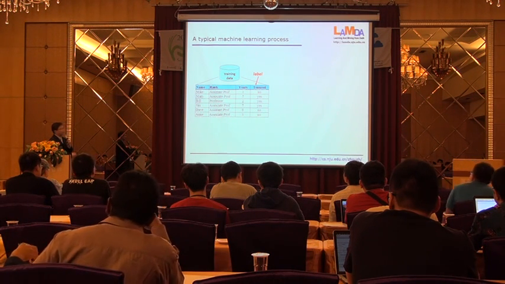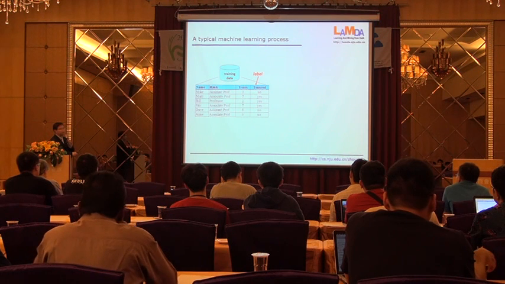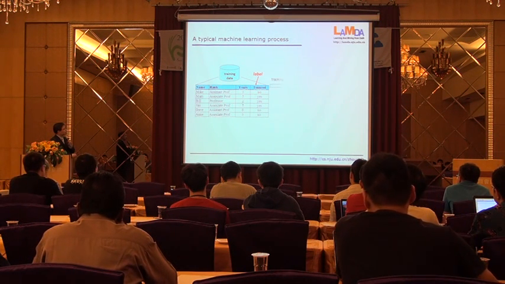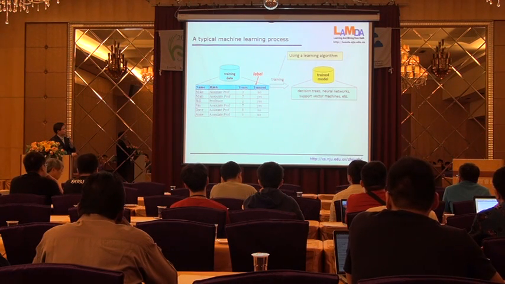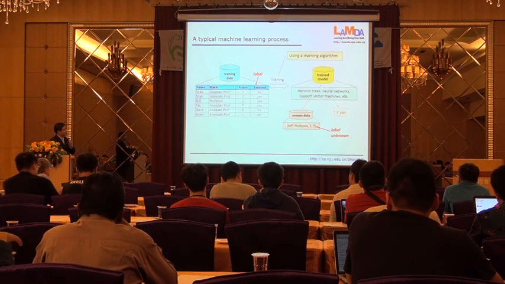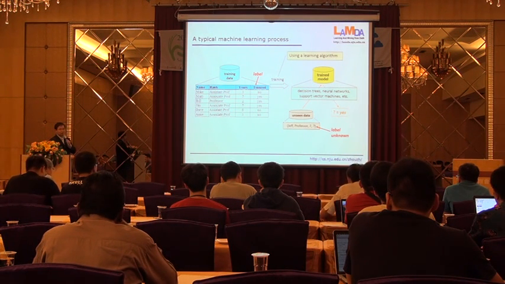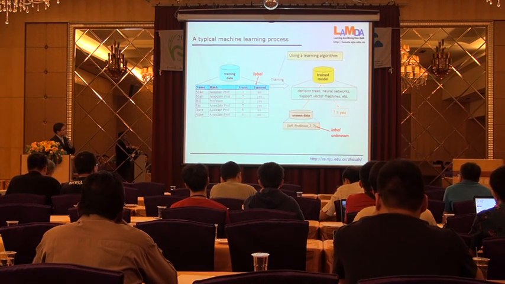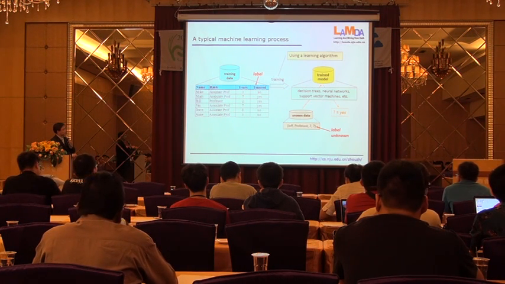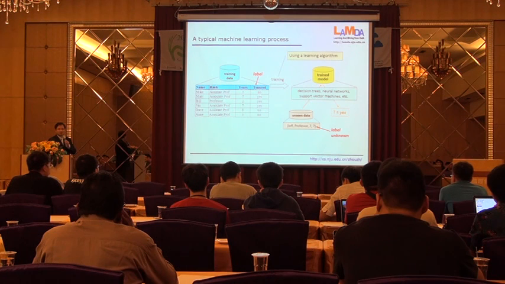Then after we get this kind of data, we call it training data. Then after the training process, we can get a trained model. With the trained model, in the future, once you receive some new data, for this kind of new data, you only have the input. You do not know the output. For example, we know there is a person named Jeff. He's a professor. He has worked for 7 years. Whether he has tenure or not, we do not know. Then we just input this instance to the model. Then the model will give you the answer. So you can see